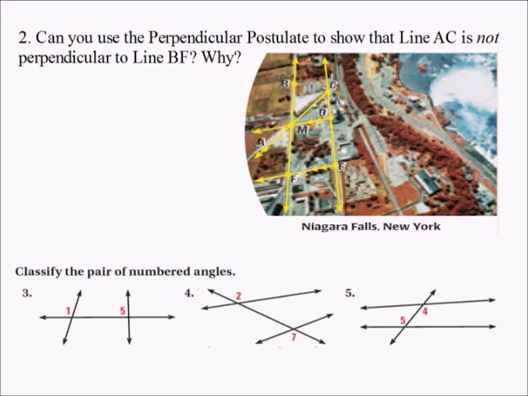Number 2. I know it might be hard to see, but I have 2 lines here, and I have a right angle right here. So just draw your lines, BF, CE. Draw these 2 lines right here. It says, can you use the perpendicular postulate to show that line AC is not perpendicular to BF and why? Well, the perpendicular postulate says that one line can go through a point that is not on